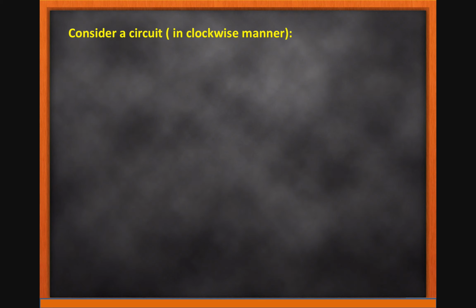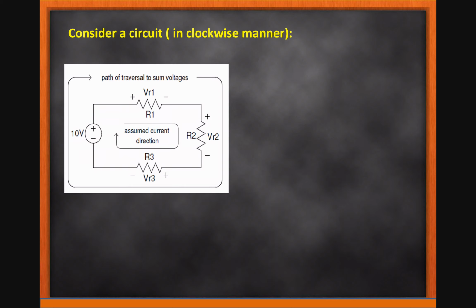Now to understand this law, take one more example. Consider this circuit. In this circuit there are three resistances R1, R2, R3 and a 10 volt battery applied in a loop.